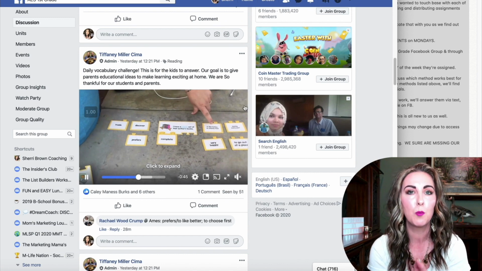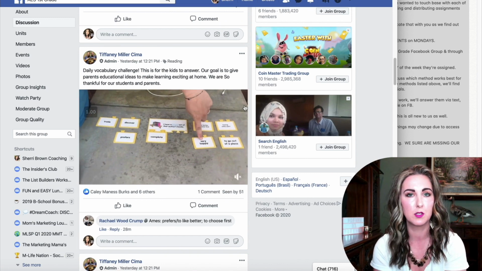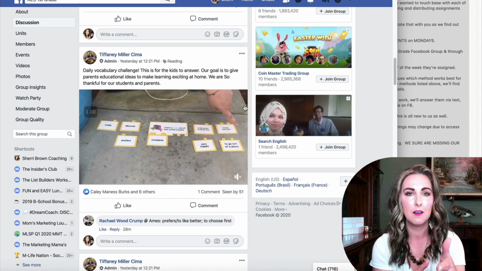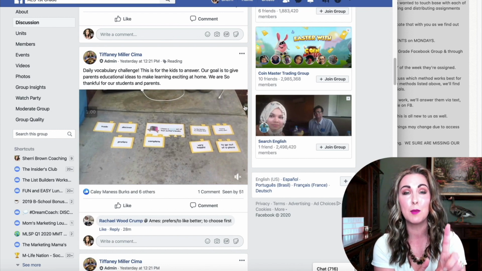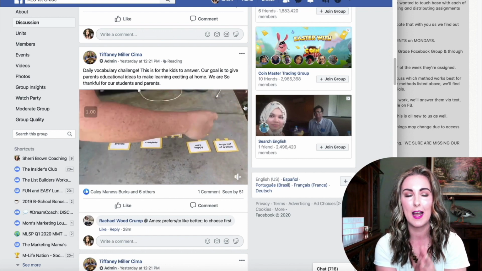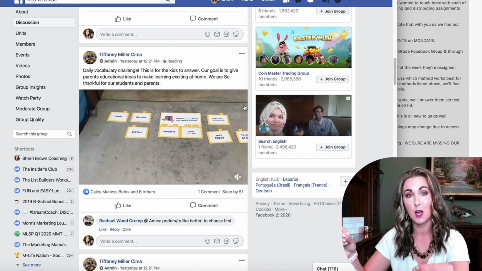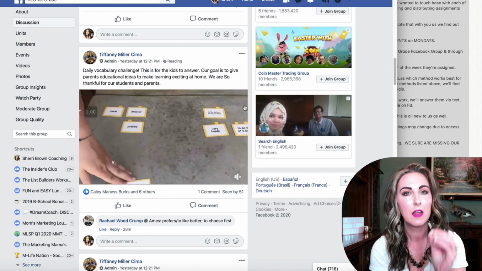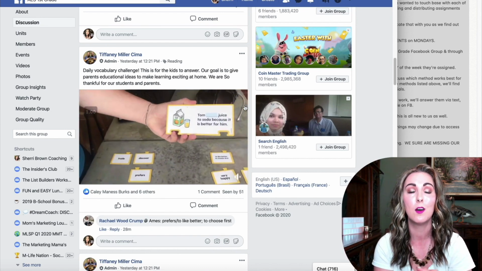Now, one little pro tip here when it comes to post topics, a post can only be under one post topic. So you can't have one post under multiple topics. You can only have one. So that's just something to keep in mind as you're organizing your group. All right, so once you have the group organized and set up the way that you want it, again, you can go back, you can reorganize posts,